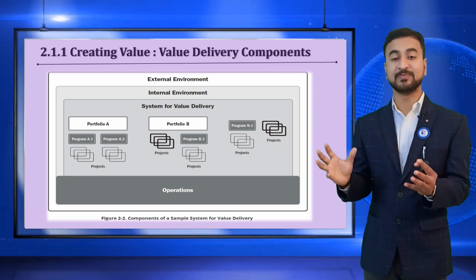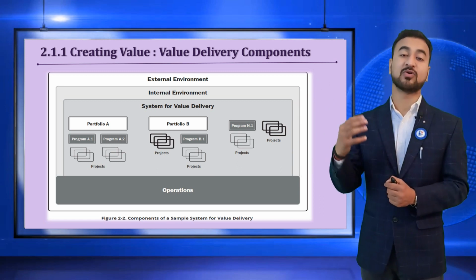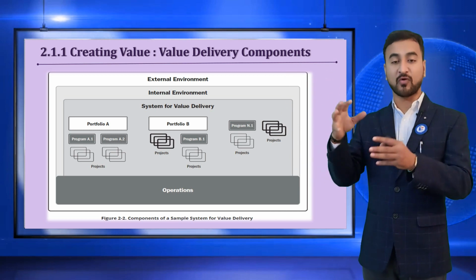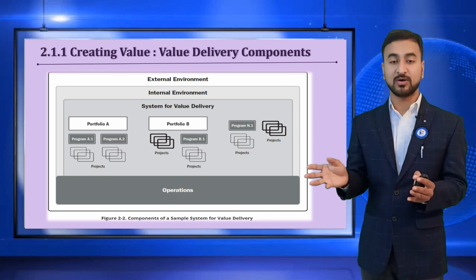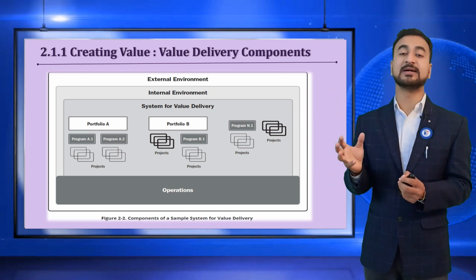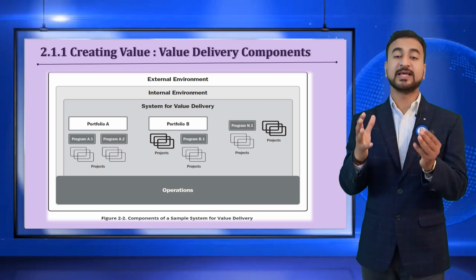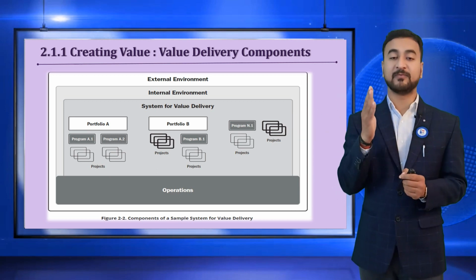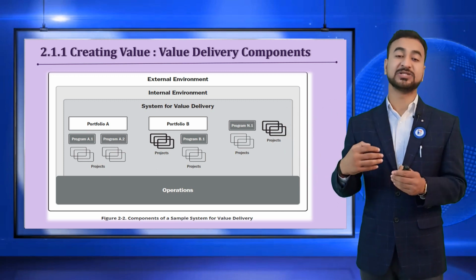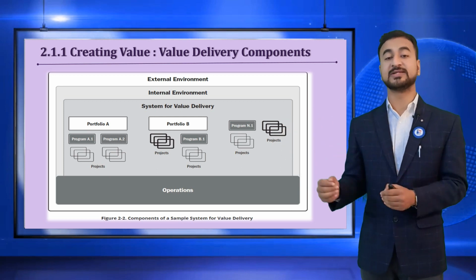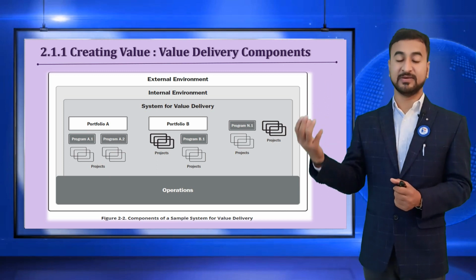A project is a simple, standalone initiative. A group of interlinked projects clubbed together is called a program, and the totality of organization investment, including projects, programs, and operations, is called a portfolio. So it's a complete ecosystem that is the component for value delivery. The challenges come when we think from a silo point of view, when project 1 is not coordinating with project 2, or there is no synergy in the organization, with different silos, different departments and a bureaucratic culture. That is a barrier to delivering the value.